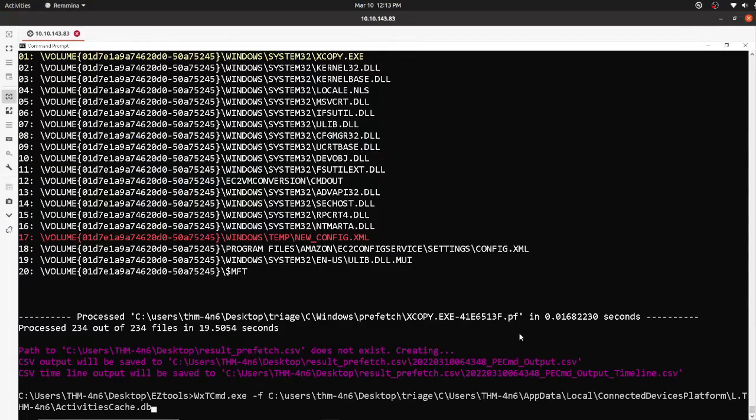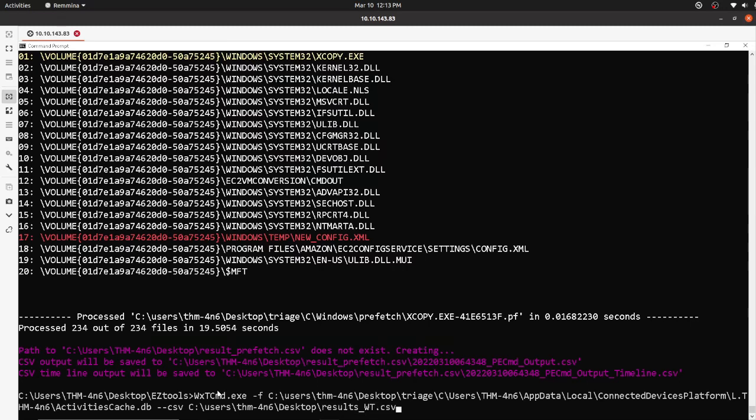And one more thing we need to mention here, we need to make sure we are choosing hyphen f, as we are choosing a specific db file here, and hyphen hyphen csv, and once again specifying the output folder. And here I'm storing results, and it is nothing but Windows timeline file dot csv.